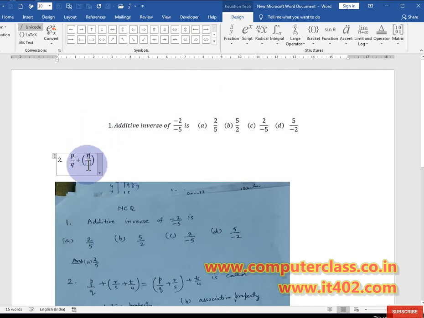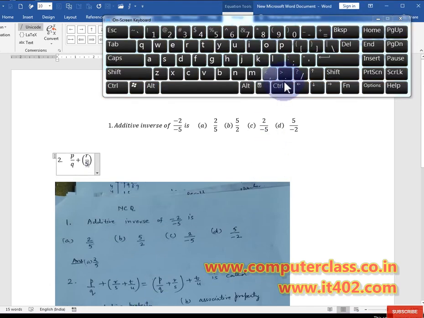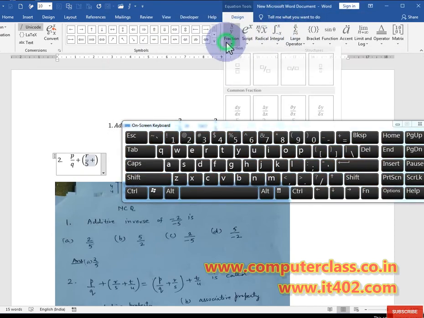Write r on the top, 5 on the bottom, then use the arrow option to shift your mouse, then click plus, then take another fraction.